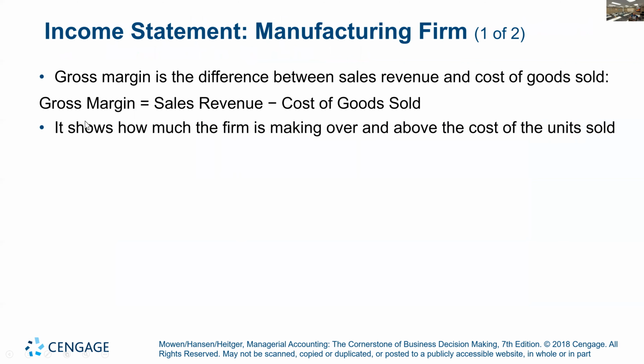Okay, here we go, gross margin, sales revenue minus cost of goods sold. Shows how much the firm is making over and above the cost of the unit sold. So how much are we doing over our product costs? Okay, remember those product costs, materials, labor, overhead. That is stuff the manager can control. That's why it is such a big number, such an important number when it comes to giving out bonuses to managers, okay? Because we can control that gross profit, control materials based on waste,